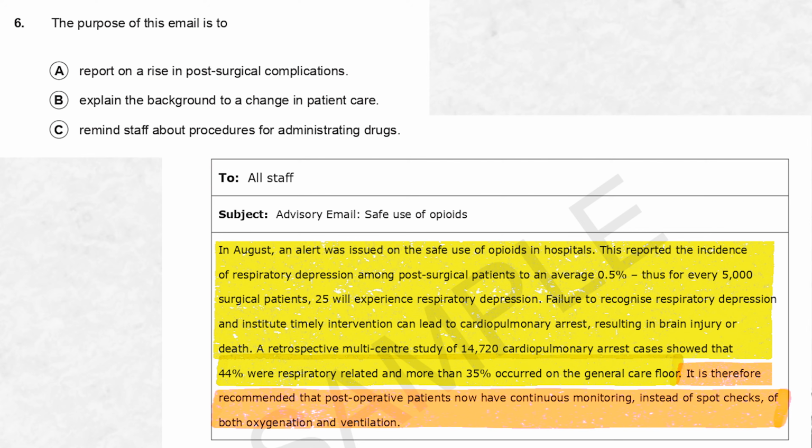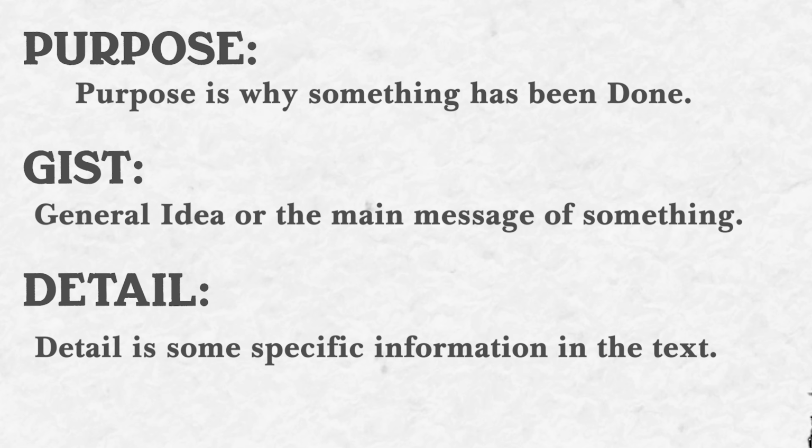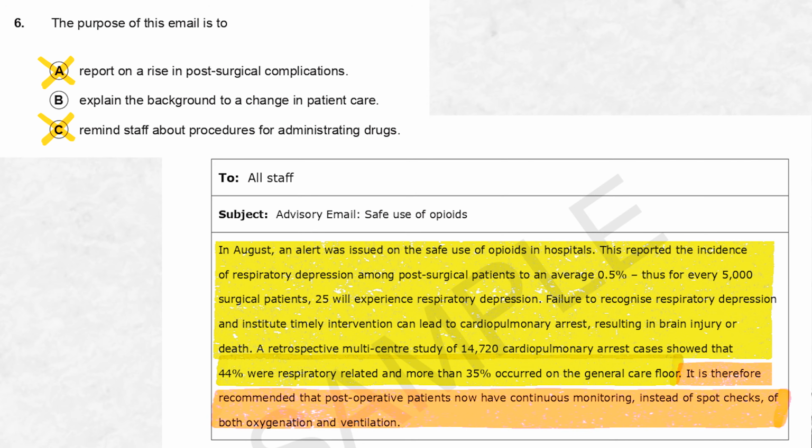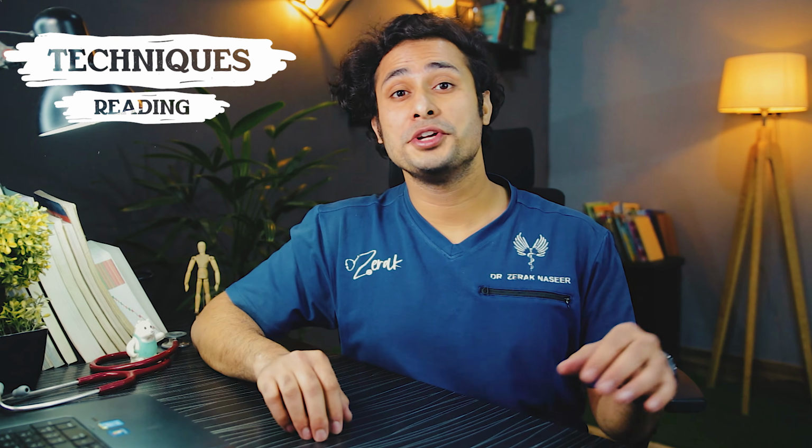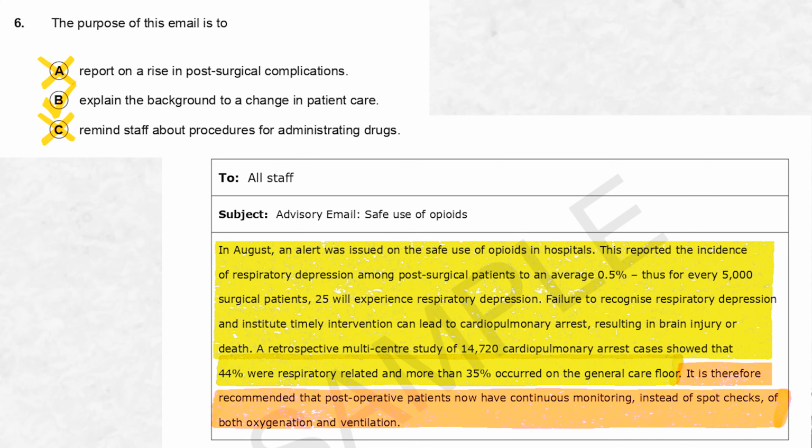Most students can easily eliminate option C because it is beyond the scope, but they hang in between A and B. If you are not aware of the entire story about how to distinguish between the main points and the detail, you end up choosing A, which is definitely not the purpose of the email. If you know the whole story, you will end up choosing B, which is definitely the purpose of the email